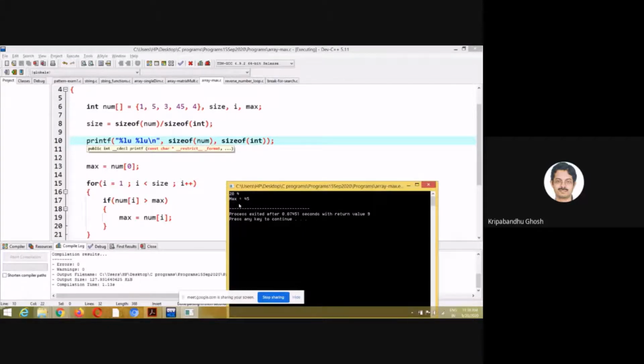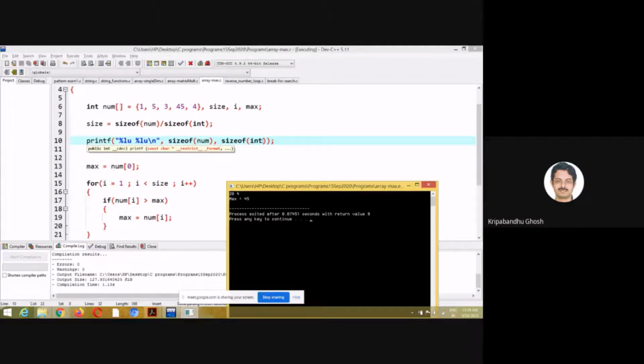It is the total size, the total space in memory taken by the array num. So you see that there are 1, 2, 3, 4, 5 integers. For this particular compiler, the size of an integer is 4 bytes. So the total size of this array is 20. So sizeof(num), which is the array, gives 20, and sizeof(int) is 4.